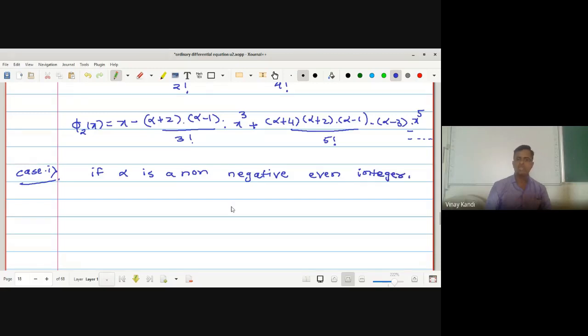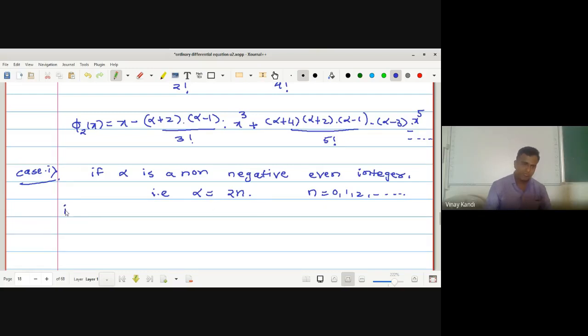Okay, if alpha is a non-negative even integer, that is alpha is in the form of 2n where n runs from 0, 1, 2 and so on. So alpha is an even integer for any n. In this case, wait a minute, first let us solve before writing the result. Now if alpha is equal to 2n,